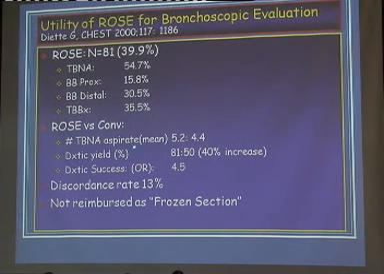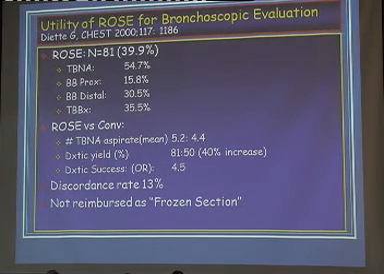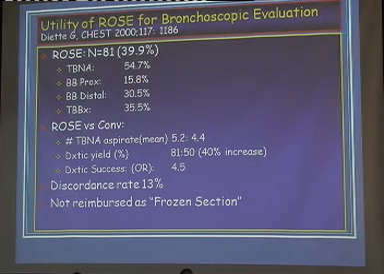Number of TBNA aspirates, as you see here, in conventional versus ROSE. ROSE had a higher number of biopsies performed as compared to conventional. However, diagnostic yield of ROSE was 81% versus 50% conventional. That is a 40% increase in diagnostic yield when rapid on-site cytological examination is used, and the odds ratio of making the diagnosis improves